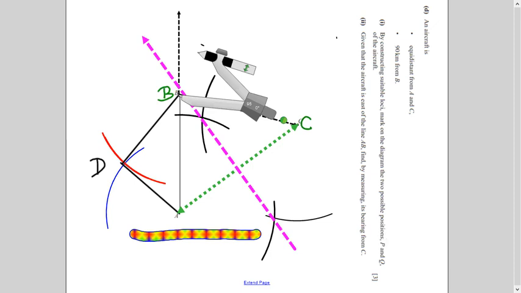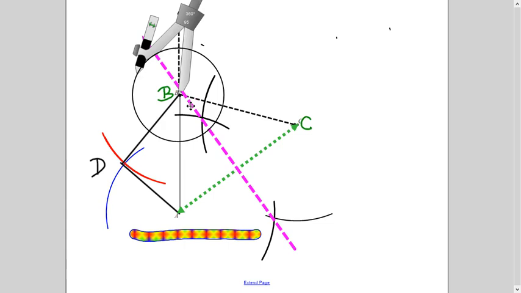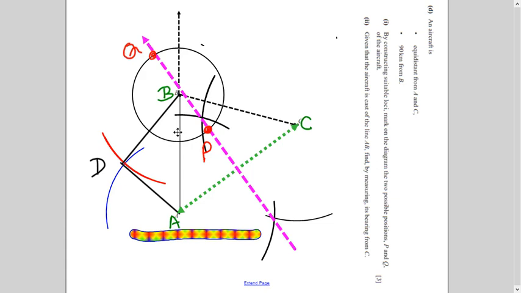Okay, so once I have drawn both the loci, one is the pink line and the other is the black circle. Now I have to mark positions P and Q where both loci meet. Now this circle is meeting the pink line here and here. It means these are the only two positions where both the conditions of loci are met: equidistant from A and C, and 90 kilometer from B. Because if I'm here, for example, I mean the aircraft, then you are not 90 kilometer from B. You will be 90 kilometer from B if you are on it. I hope you're getting my point here. So that's why I have marked P and Q.